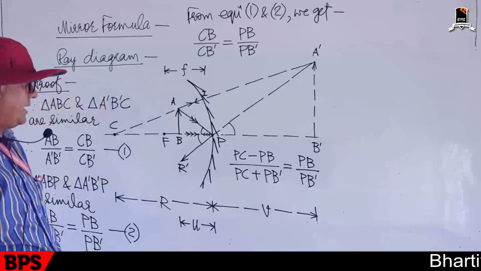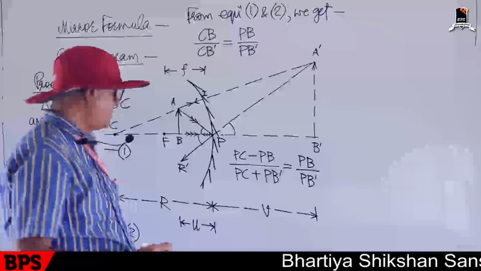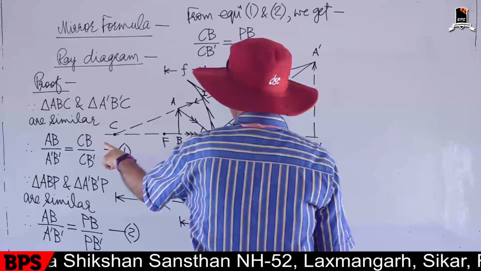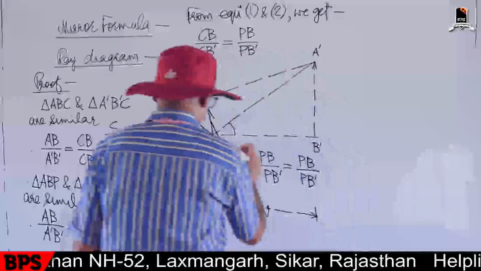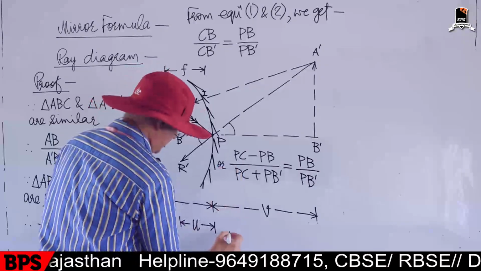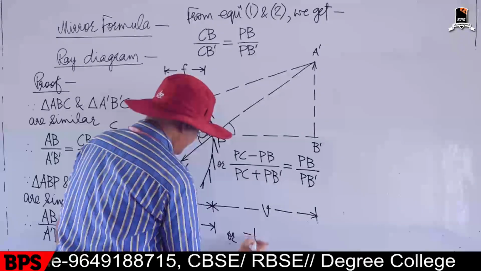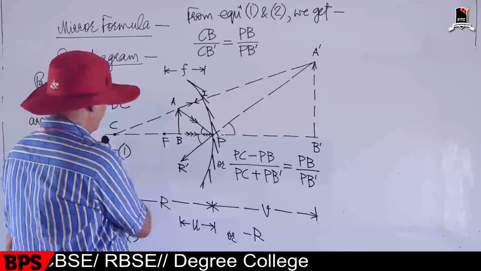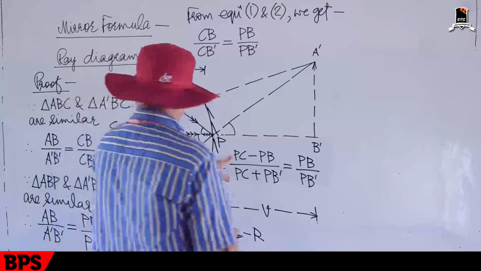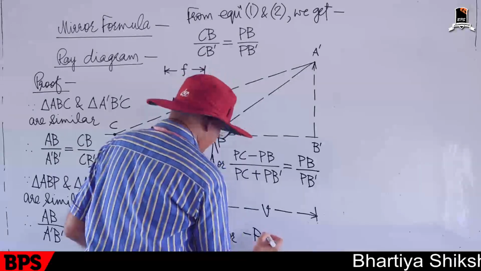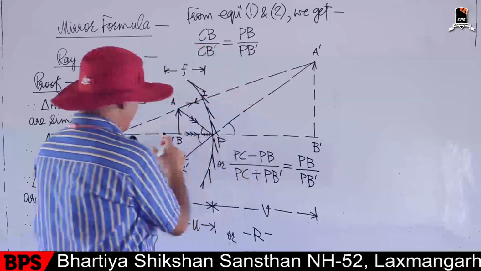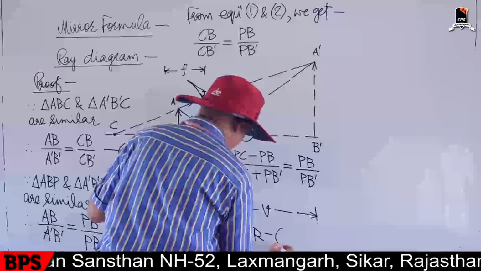Now write the lengths with their usual signs. So it is PC. PC is minus R, because going opposite to the incidence direction, the light propagation direction. So PC is minus R. This is minus already here, PB. PB is again going opposite to the light incidence direction. Therefore, minus U